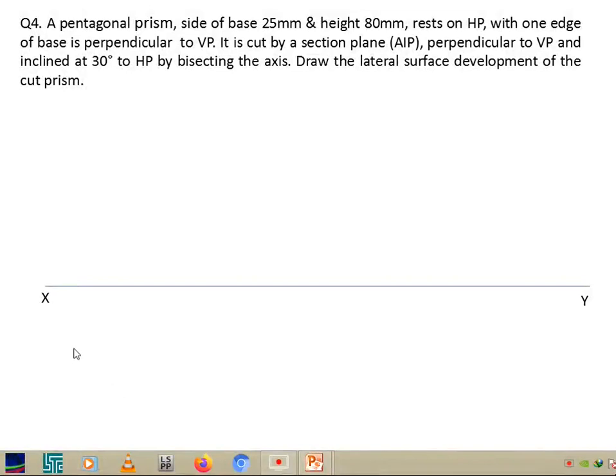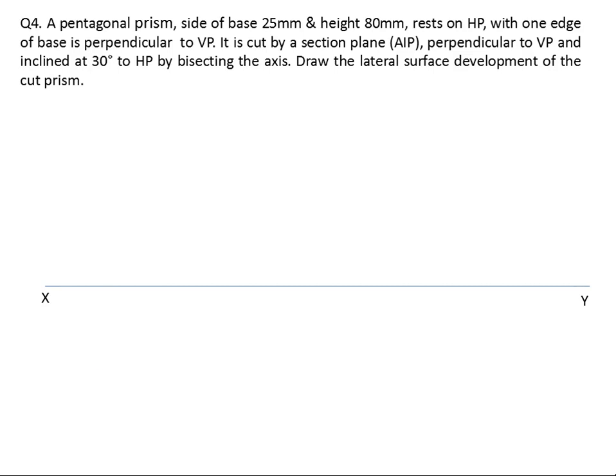So here the pentagonal prism is there, so its top and bottom face is a pentagon, so we have to draw a pentagon in the top view. Here one of its edges is perpendicular to VP, so I will draw a line perpendicular to VP like this. Then draw side 25 mm, take a 108 degree angle and draw this inclined line and cut this by 25 mm and complete this pentagon. Give the names 1A, 2B, 3C, 4D, 5E. Give the dimensions and draw the projections.